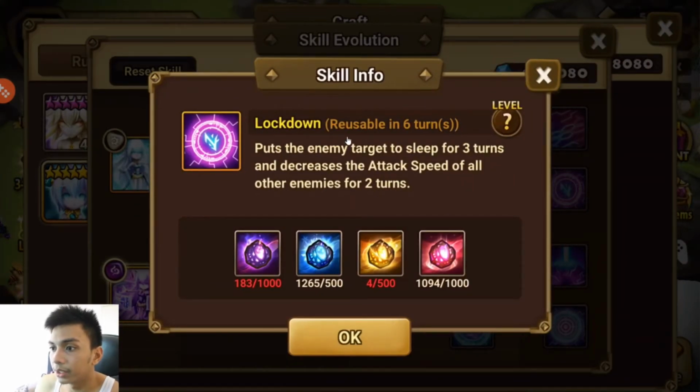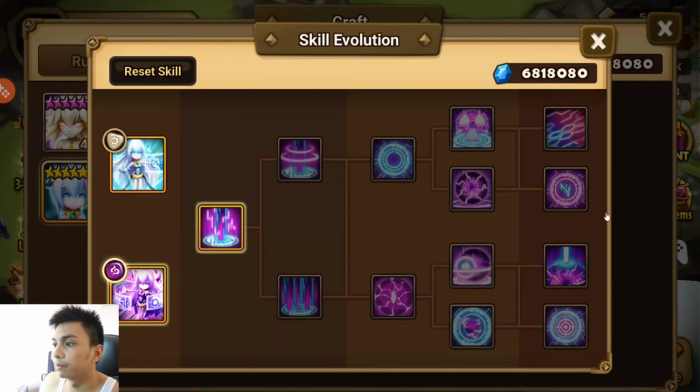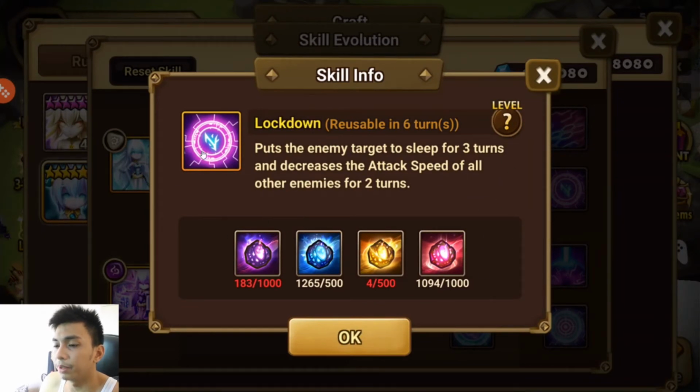Another thing would be lockdown, usable if the enemy target sleeps for 3 turns, and it increases the attack speed of all enemies for 2 turns. Now, this is kind of a weak skill for me, since it is a single target sleep, and there are lots of cleansers out there. You can just cleanse your debuff, including the attack speed. This is not a big thing at the arena right now. So if I were you, picking between these two, I would just get this one for trial session instead of this one. It's slightly more of a PvP side. You can use it as a PvE monster, but